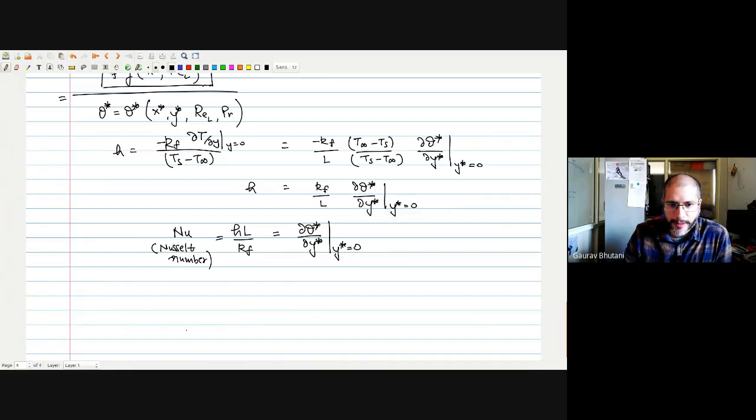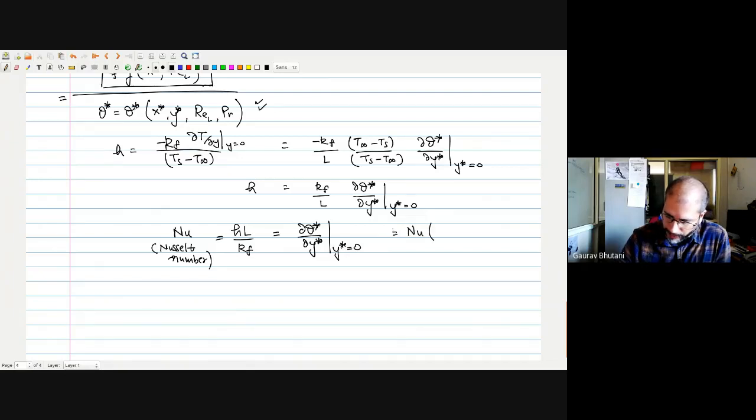So as we'll see later, engineers have developed a lot of empirical correlations for different geometries and different situations, where we tend to find the Nusselt number values for a given range of operating parameters and as a function of different variables. So we saw that our theta star was a function of x star, y star, Re and Pr. So if I write the functional dependence of the Nusselt number,